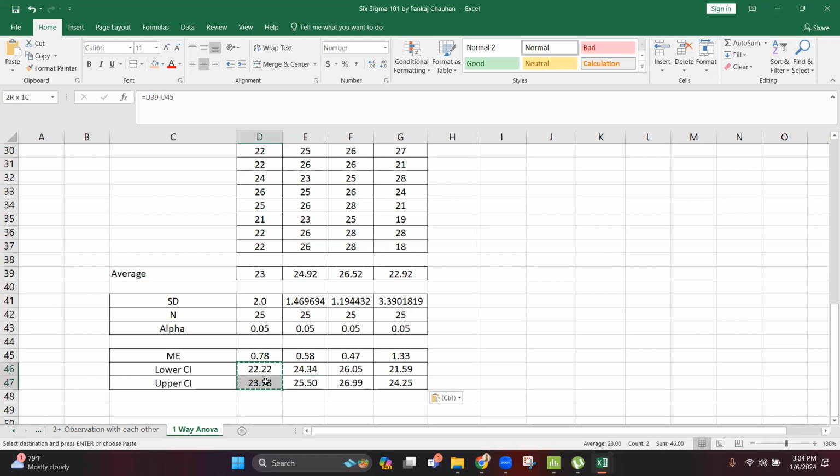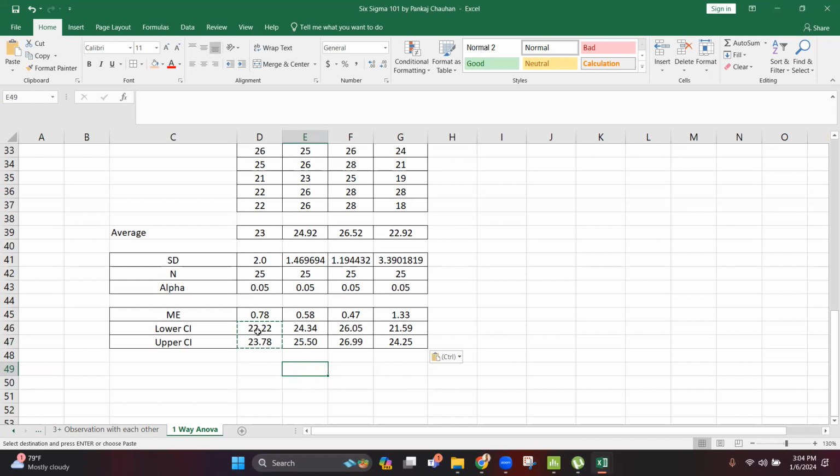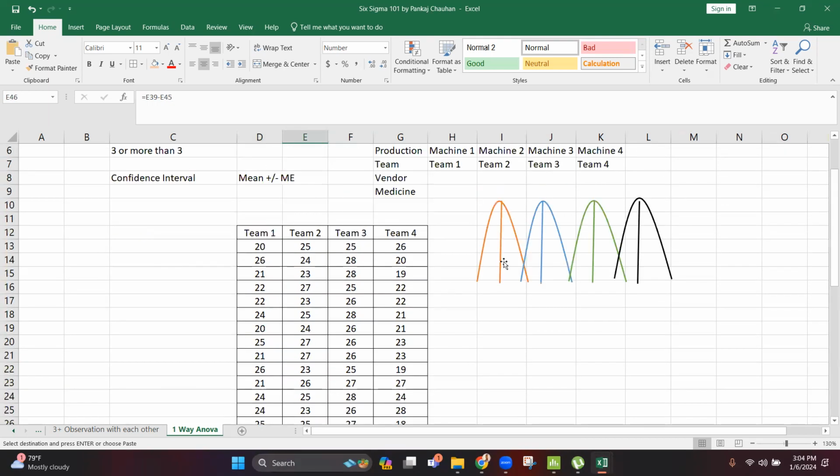Is this value overlapping with this? You can clearly see, if I make a graph of this, it is 23.78 and this start is 24.34. So basically these two are not overlapping, because if I show you in a graphical way these two lines